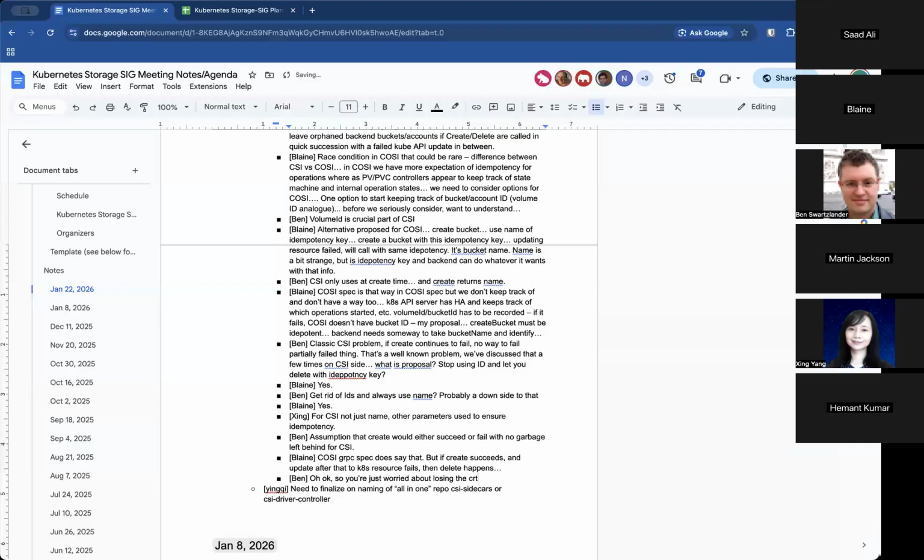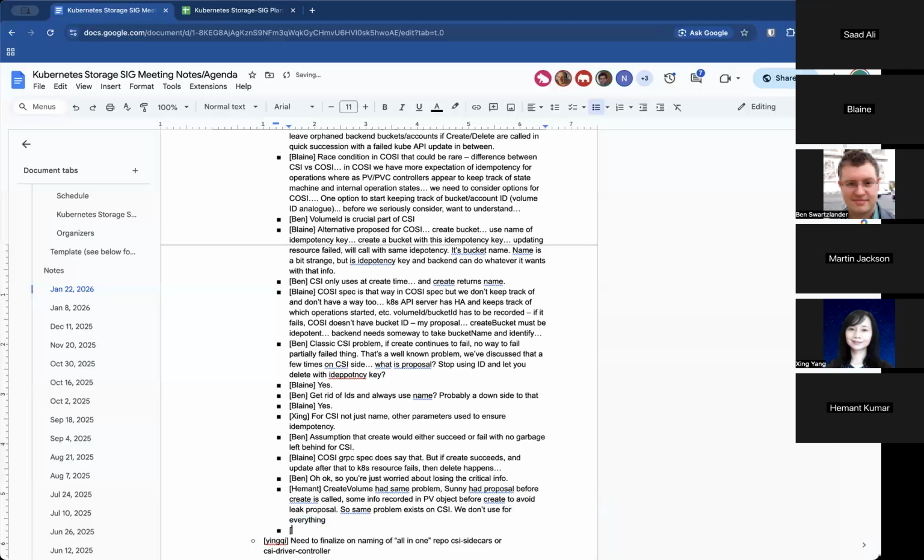It's the same thing we are talking about. Create volume for PVC has the same problem. That's why I think Sunny had a proposal where before the create is called by the driver, some information is recorded in PV objects so that we don't leak. We have the same problem and we have been trying to solve it. But we don't use it for everything. If you're going to use name as an idempotency key for create and delete, maybe we don't use it for everything else. I don't know if you should use it for everything in Cozy.